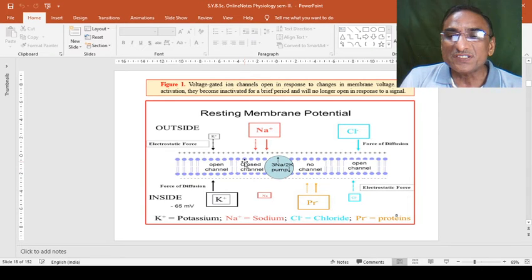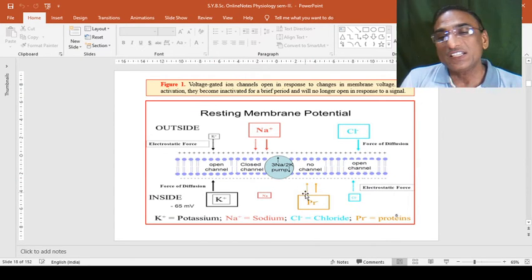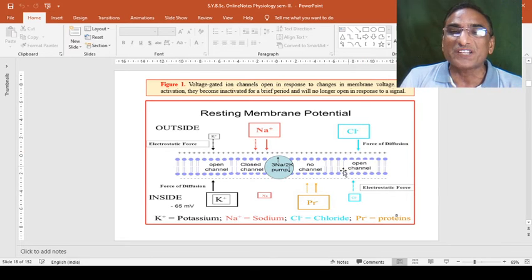In addition, protein molecules also play a key role to facilitate or to create the gateway, or we can say voltage gated ion channels. In forming these, they play a key role, and during the activity of resting membrane potential, while moving the sodium and potassium, by the 3 sodium and 2 potassium pump action, sodium is larger and potassium is smaller. Here is positive, here is negative charge.